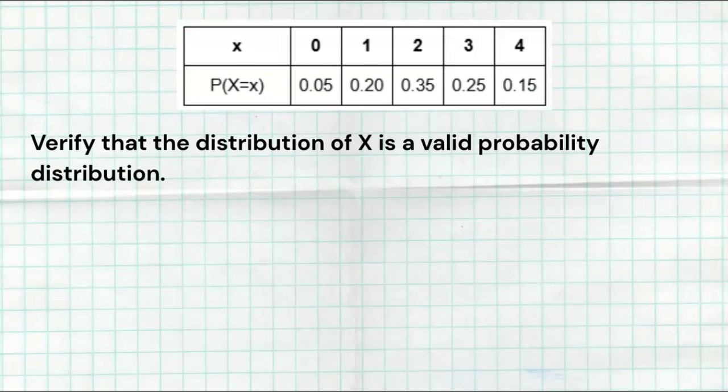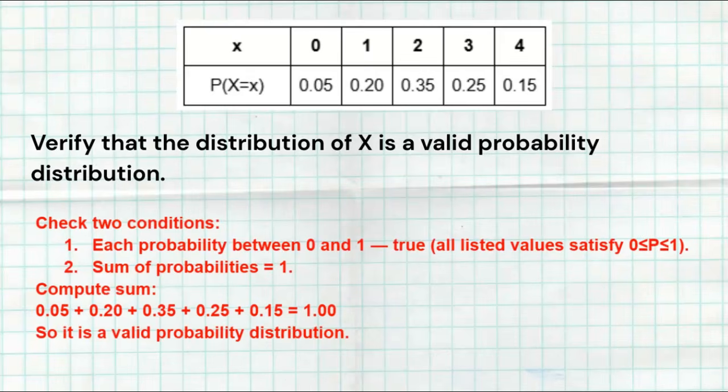Now, the first question says, verify that the probability is a valid probability distribution, right? Make sure this is valid. So there's 2 things we have to check. First, all probabilities have to be between 0 and 1, which all of these are. And the last thing is that in a probability distribution, everything has to add up to 1 because one of these outcomes has to happen. There's no other outcome. We can't have a negative amount of customers and it doesn't have 5 listed because 5 customers obviously doesn't happen. So we just got to make sure that all of these add up to 1,